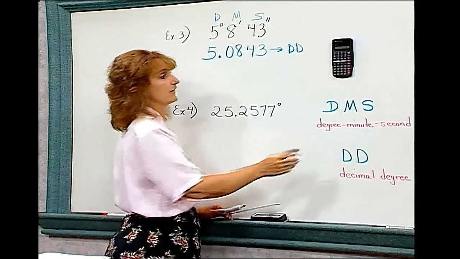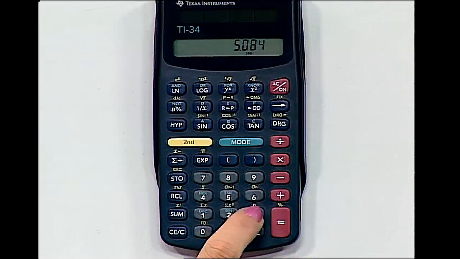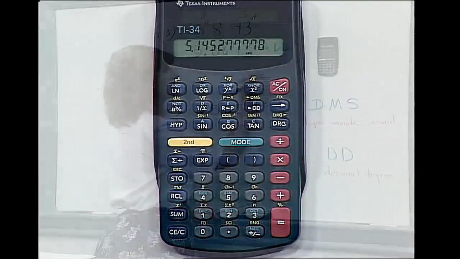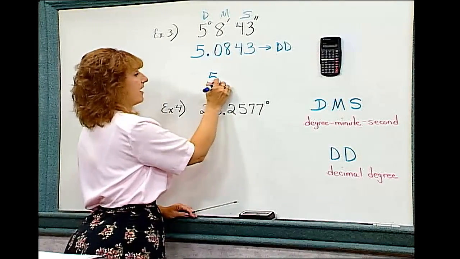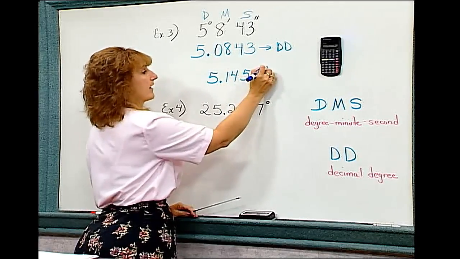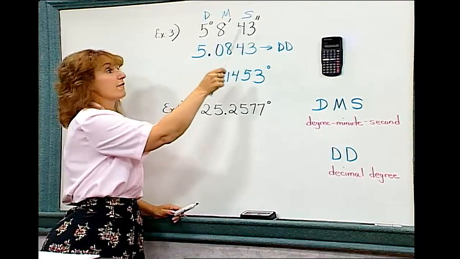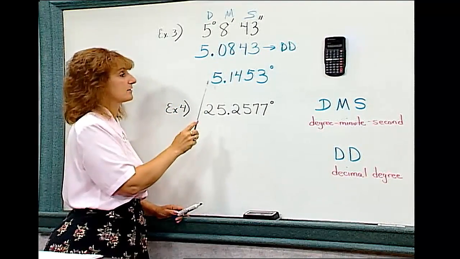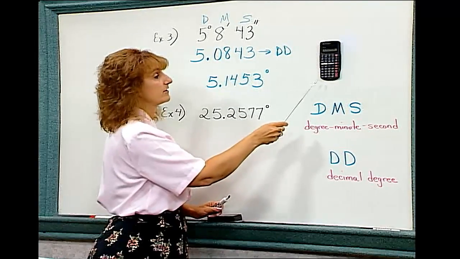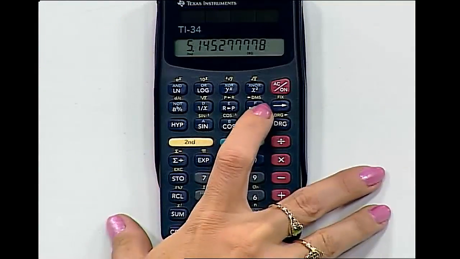Let's go to our calculator. I put in 5.0843 and I hit decimal degrees. I get for my answer 5.1453. I'm going to round that off. So 5 degrees, 8 minutes, 43 seconds is the same as 5.1453 degrees. If we wanted to check our work on this calculator, we could just hit second and hit that